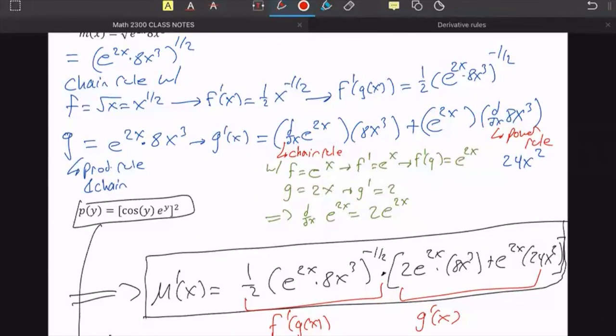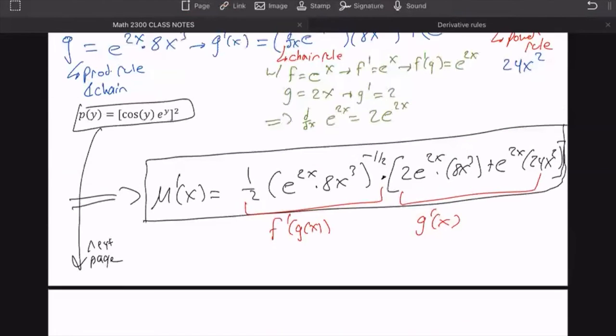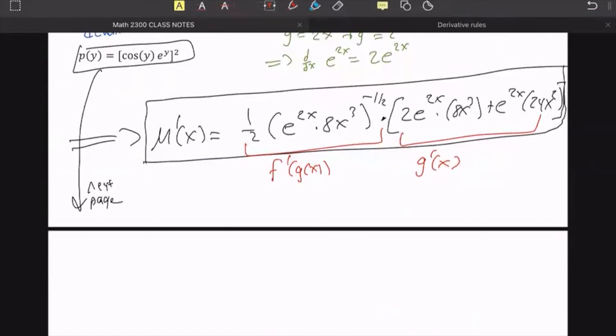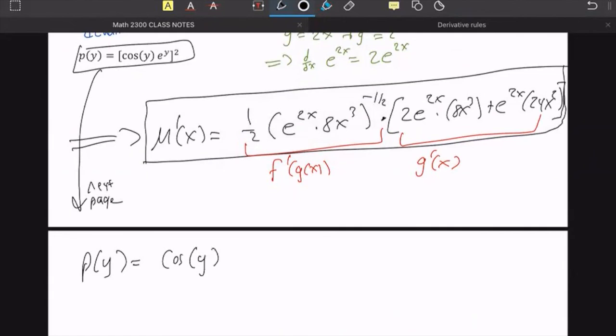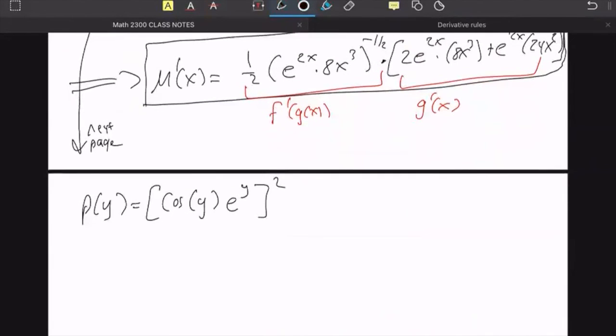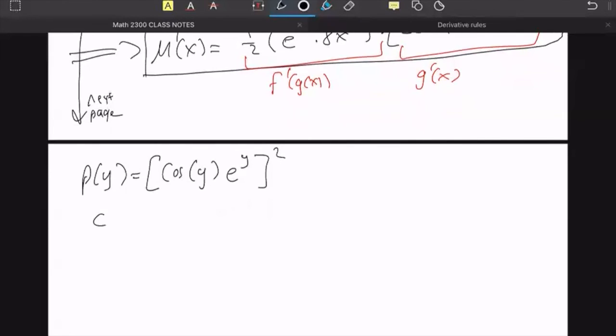I'm going to throw another page in here, and let's just do the last one a little bit quicker. The last one's not as bad, so I'm going to rewrite this one down on the next page. Hopefully you can recognize this again as a chain rule because something's being squared, and we'll have another product rule on the inside, but it won't be nearly as bad because it won't be a product rule of a chain rule, right? So we can do this one a little quicker. So this is a chain rule